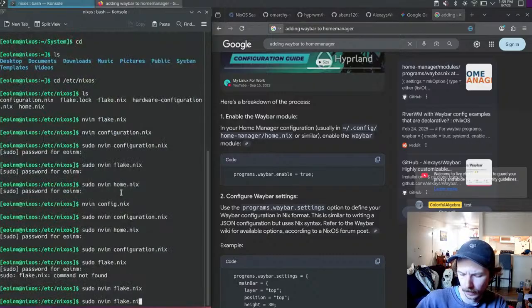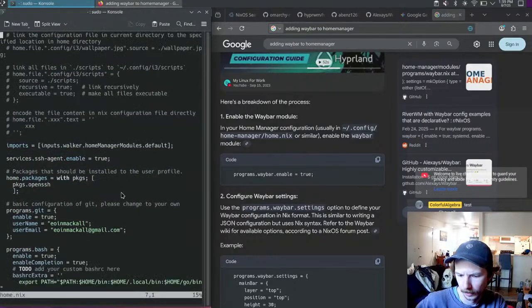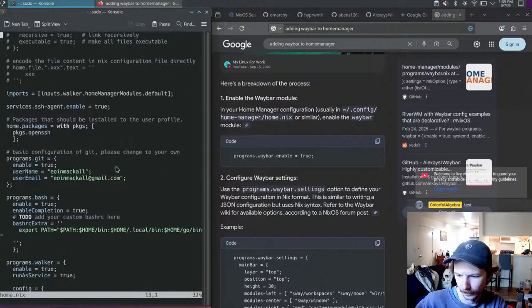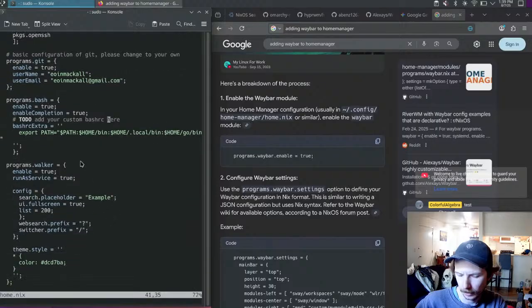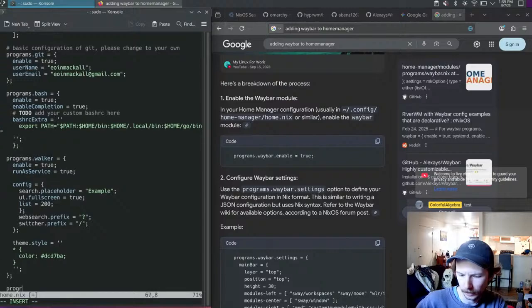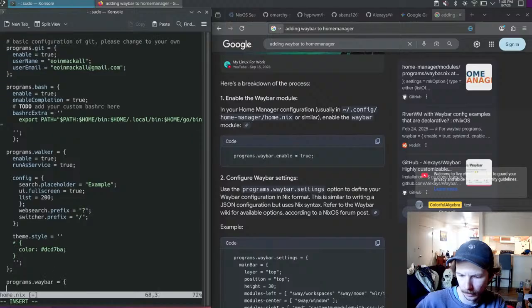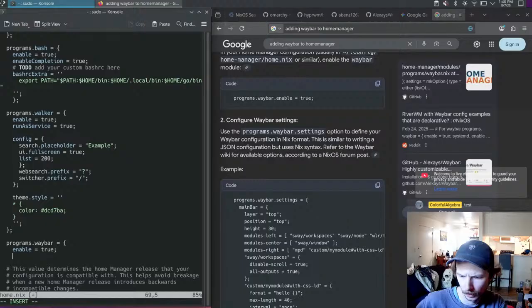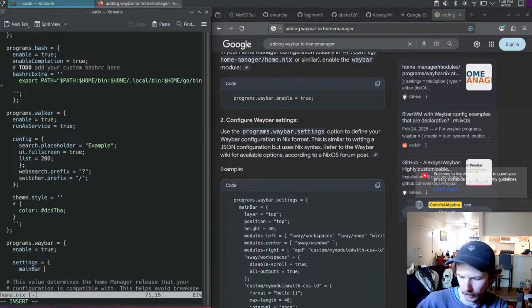So let's go to home.nix. We're going to also, I want to know what wget does, but so walker, we're also gonna add this programs.waybar.enable, it's gonna be true. Settings. Main bar equals